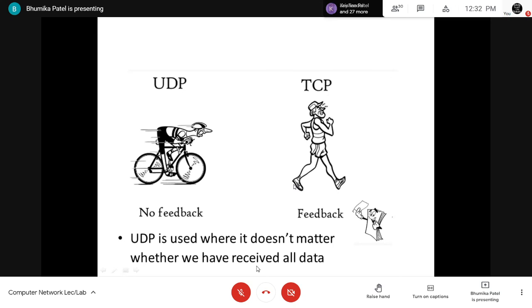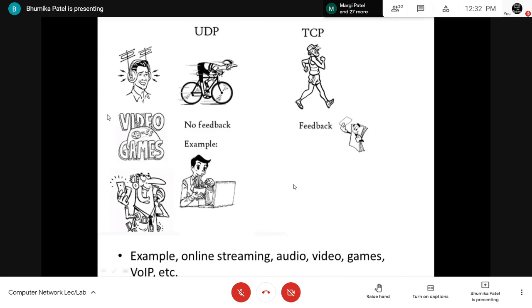For example, real life applications, right? UDP is used where we are performing online streaming, like watching movies, listening to songs, games, voice over IP, TFTP, DNS, various applications where we can use UDP. If you make a video call, it may be possible that due to some network issue, some of the data will be lost. You cannot ask the sender to retransmit those frames. The portion in between is gone, and you just continue with what is currently playing.